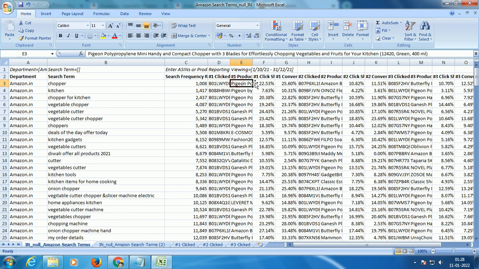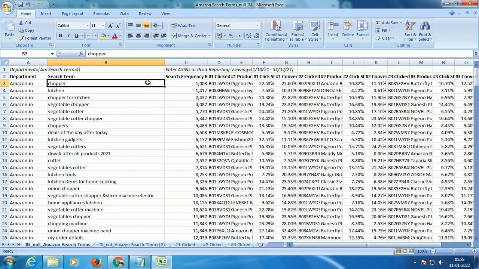You get to see what their click share is. Let's say if 100 people are searching for this specific keyword, what percentage of that 100 are clicking this particular product listing. And among this 20 to 22%, let's say out of 100, if 22 people are clicking this particular product listing, out of 22 or 23 or 24, 25% are buying this product. Technically some 5 or 6 units they are buying in this example.